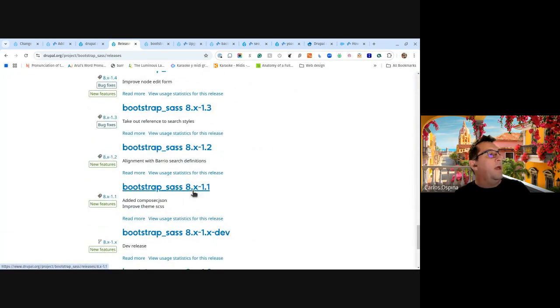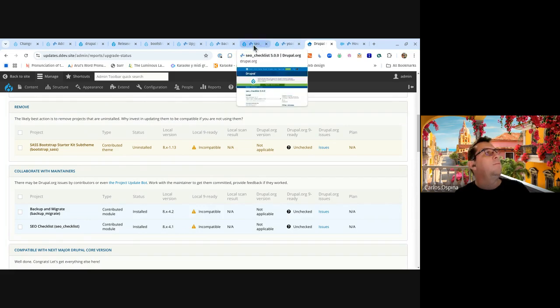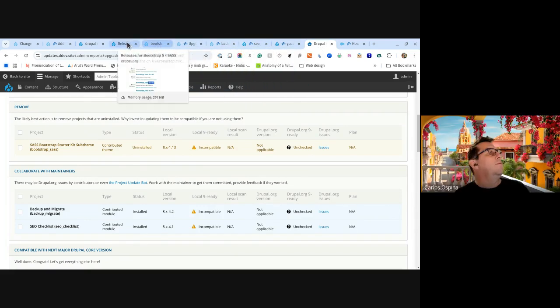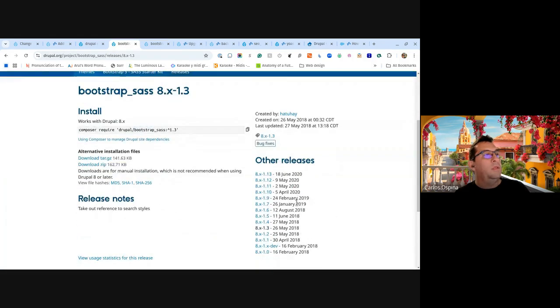And probably I have to find a 1 version. So here is 1.2. Upgrade Status is saying that I am on 1.1, right? But I need to move to a closer one. So if I try to move to 8.3,